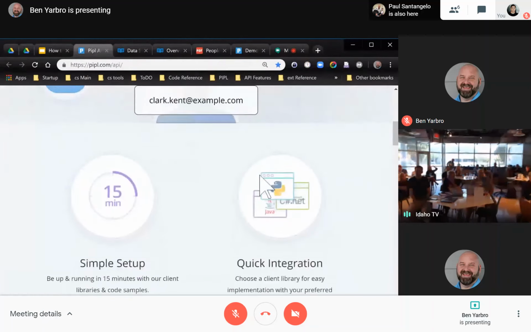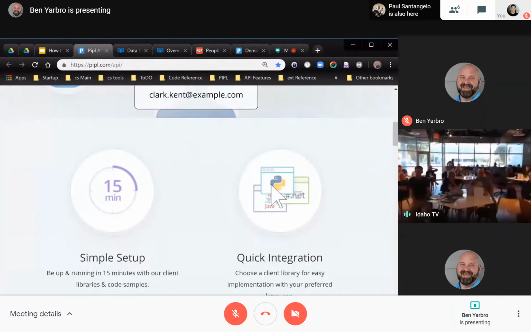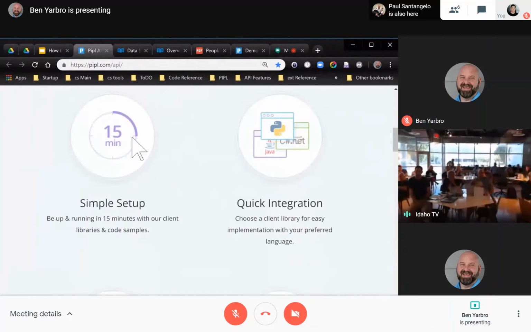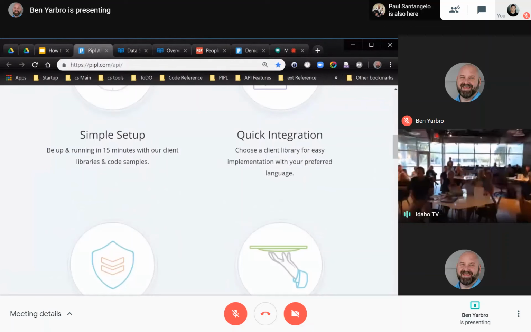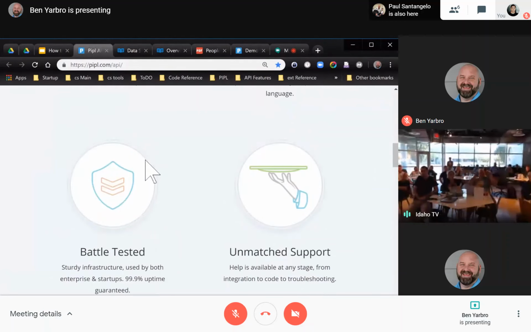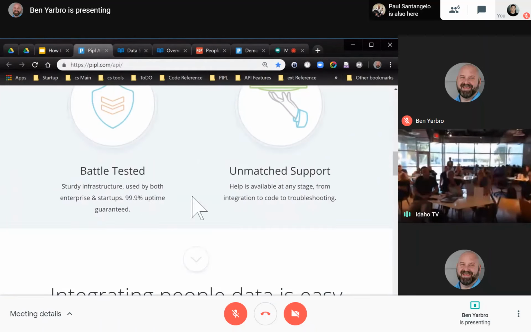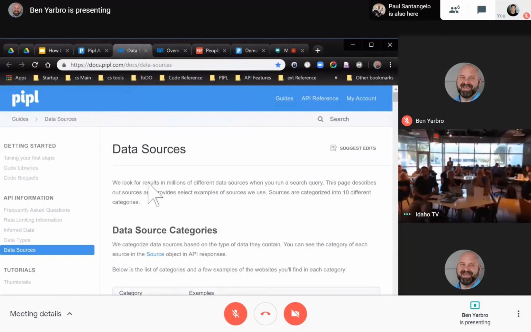You begin with the main site, talk about the simple setup and the quick integration. We just copy-paste code from our site. We have tons of code snippets where your engineers can just get started and start running with the API. Literally, if they have a compiler installed, they can be running against our API in less than 15 minutes. Big if they have a compiler installed and set up, but it is typically true. We're battle tested, yada, yada, yada, and then we move through the 30,000 foot level, and then we move into